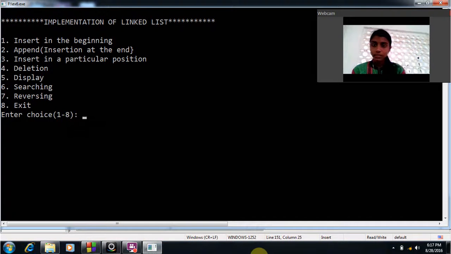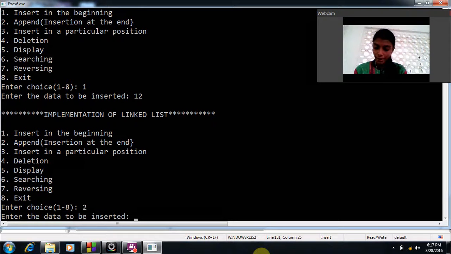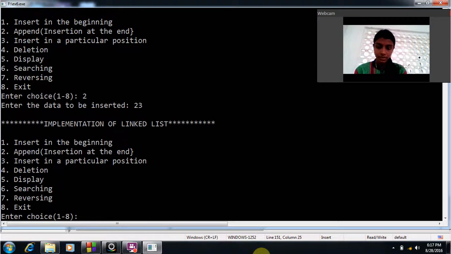First I insert a value in the beginning, so I press 1. I give 12, so it will be printed first, 12. I want to insert some element at the last, so I press 2. I give 23, that means 23 will be inserted at the last.